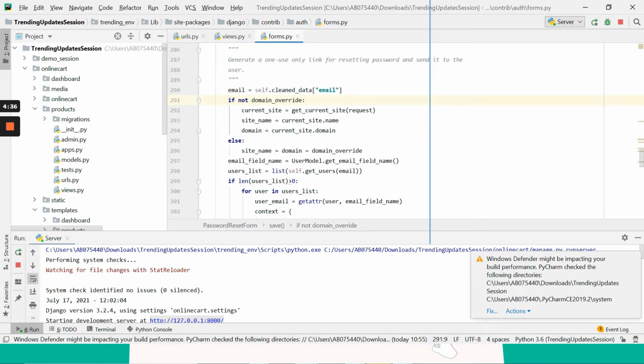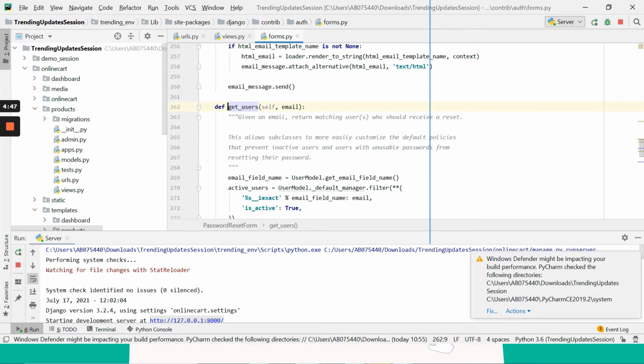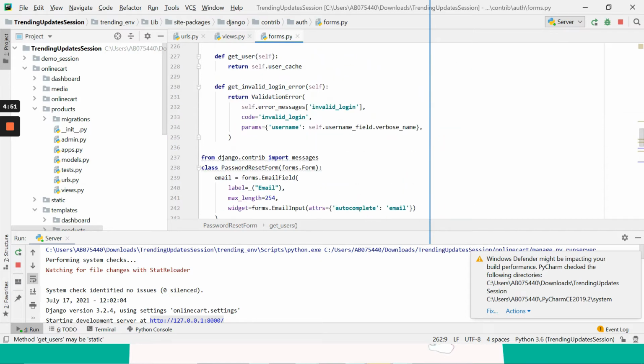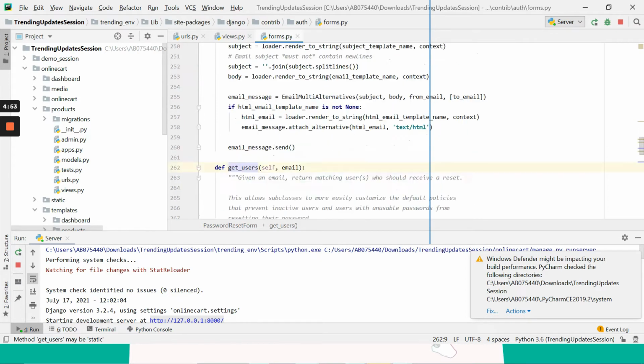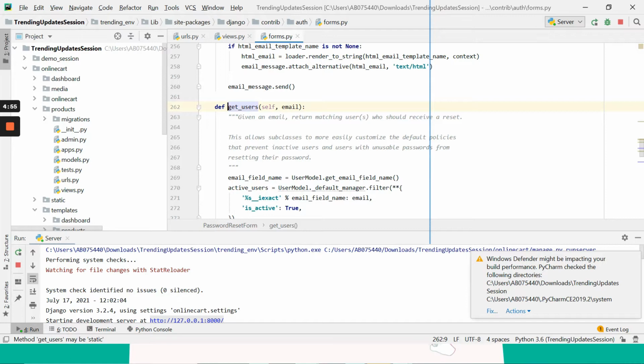Email body and all we are attaching, and apart from this, before sending the email, it should be checking. See here, the email ID is present from the user get email field, and once the email field is there, it passes on to get users. So it is going to the function called get users in the same form. Under this form itself, this get users function is available.